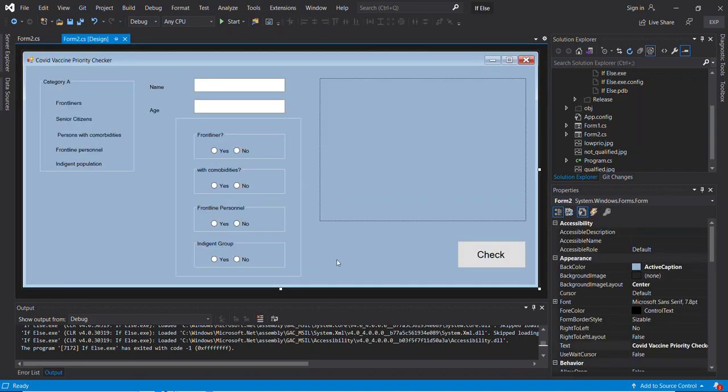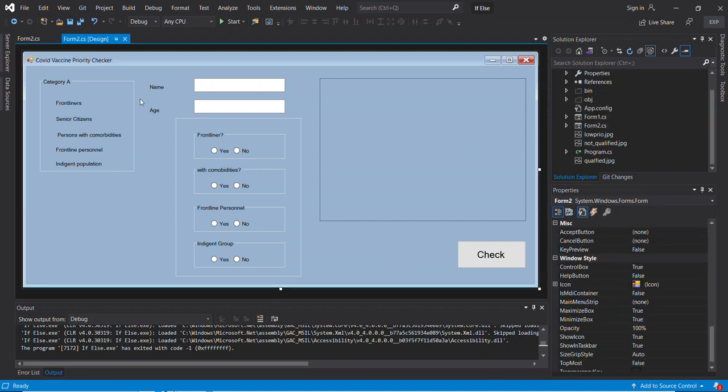Okay, so for our discussion today about if else, this is our example system. I created this for you to check and understand. This is a COVID vaccine priority checker. I have prepared this for you. Now we have category A, which will be checking frontliners, senior citizens, persons with comorbidities, frontline personnel, and indigent